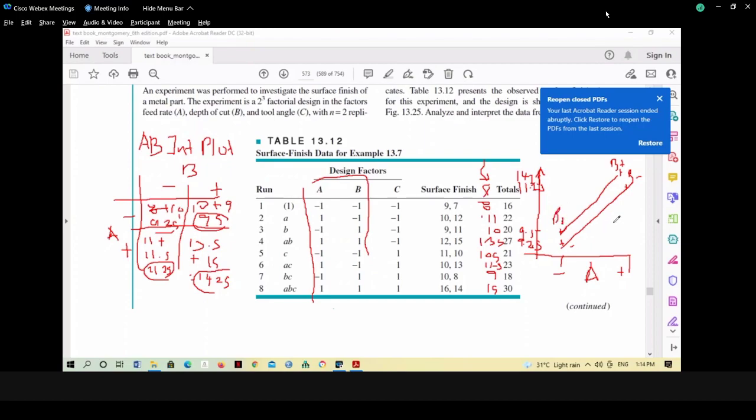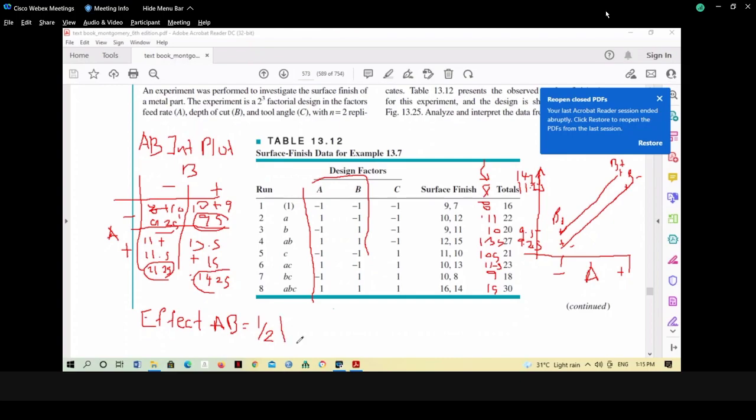If you look at this, this is called the AB interaction plot. Graphically, there should be no interaction between A and B. Okay? The effect of AB using the graph is equal to the formula, right? One half,